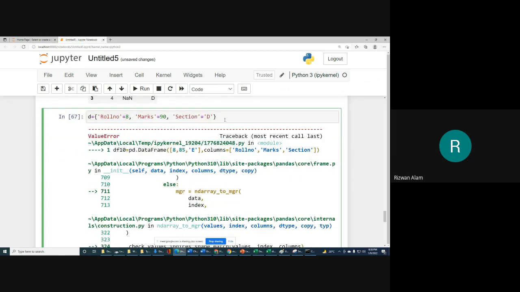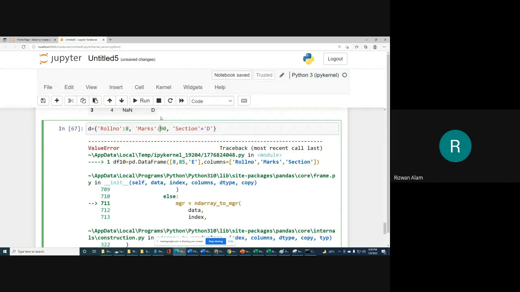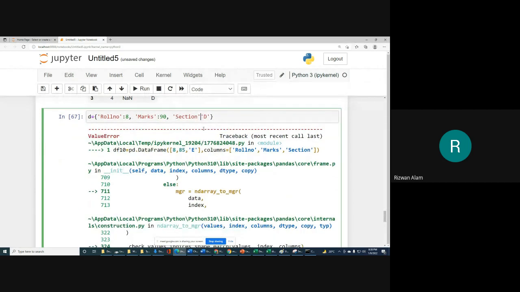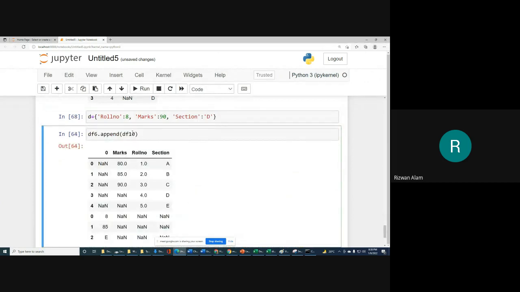So this will create a dictionary. For a dictionary we have to use key value pairs. So this is simply a dictionary, and then we will append this to our df6.